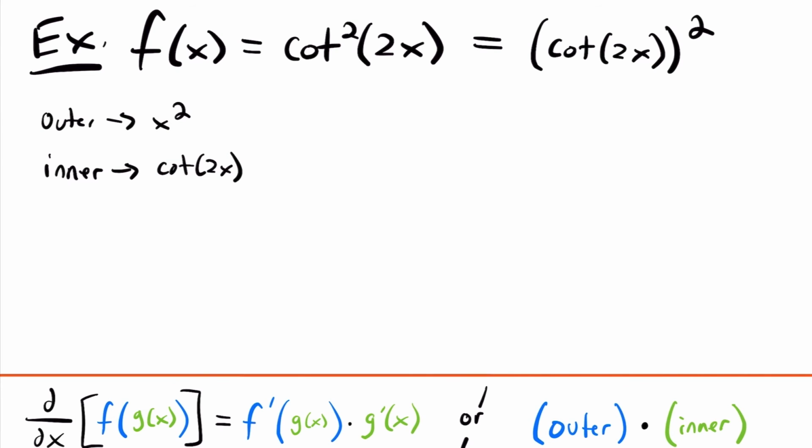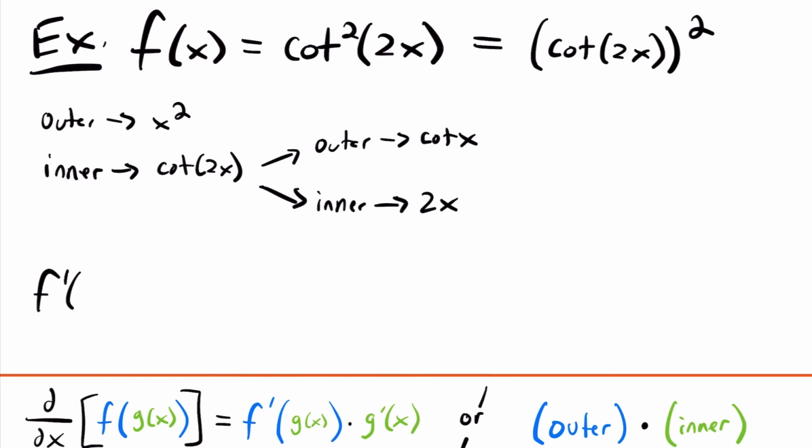So let's kind of branch off here and write that. Here we're going to have the outer is cotangent x, and our inner is 2x. This is going to become important when we go through this chain rule process of taking the derivative of this function. If we have f prime of x, it's